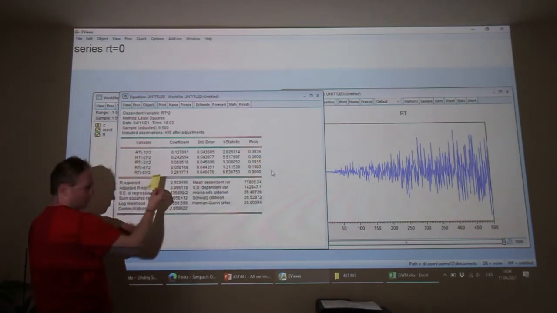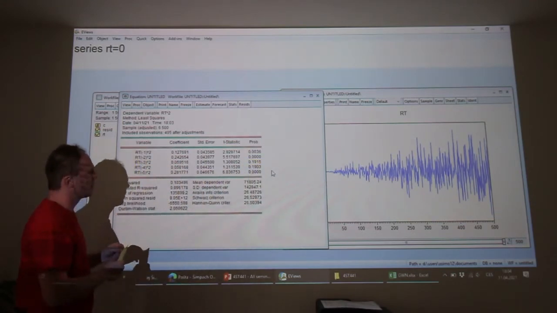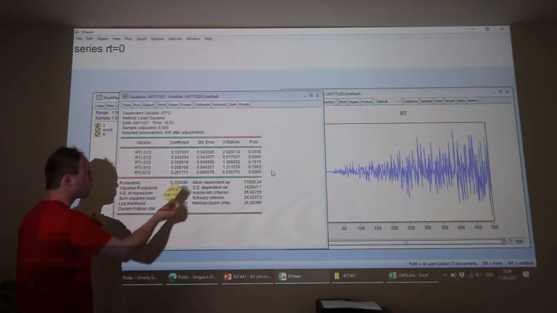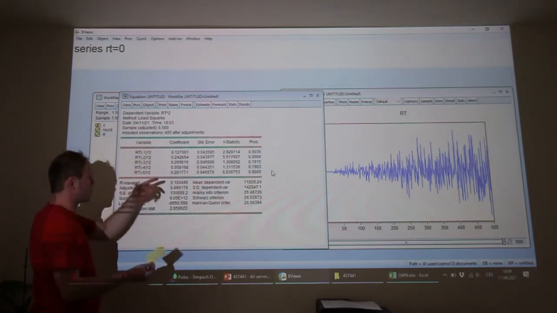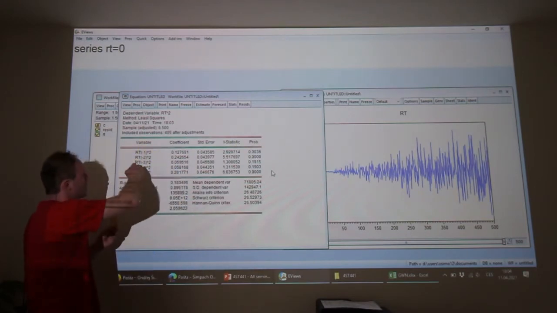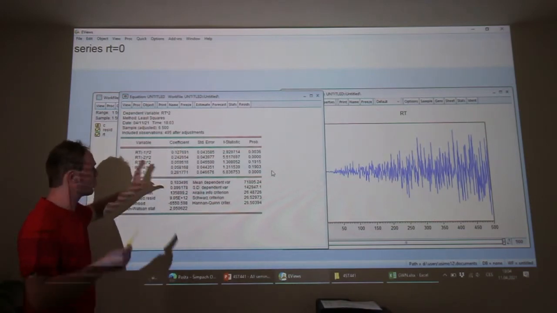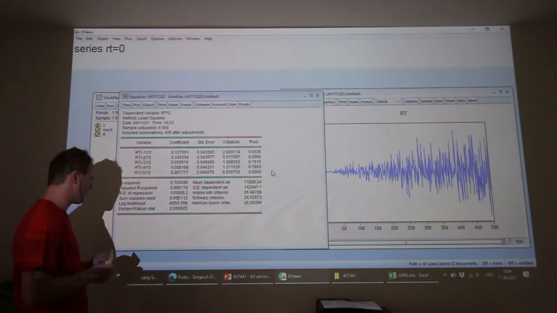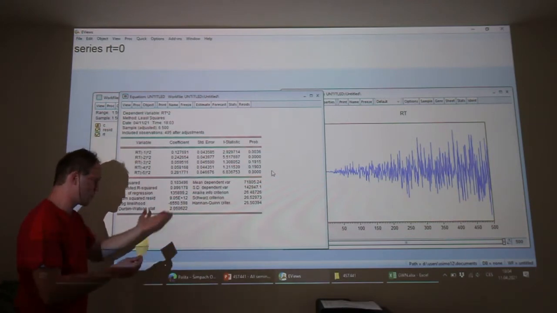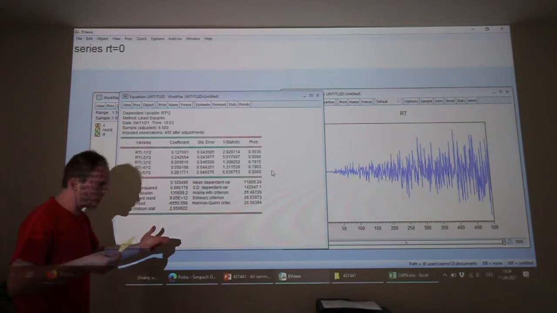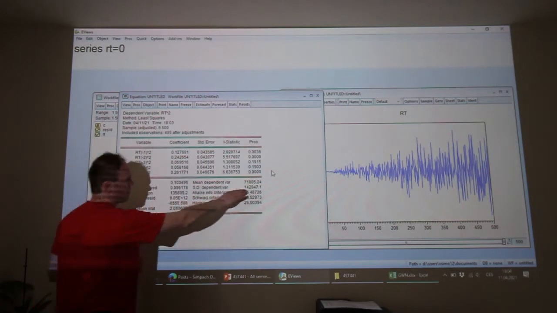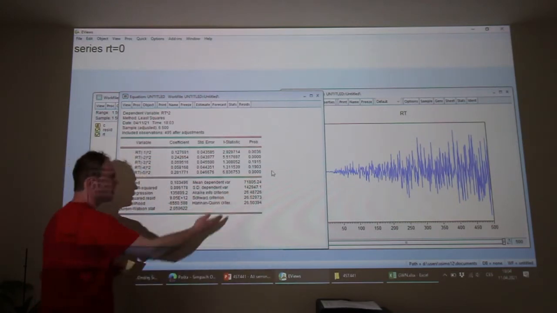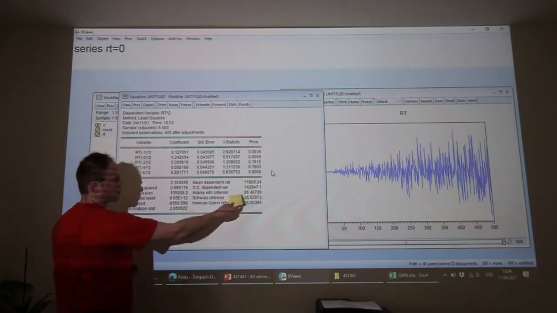There we have now non-significant values of RT in time t minus 3 and RT in time t minus 4. So these coefficients are not significant. The Durbin-Watson statistic is 2.05, very close to the value which we had before. We have again almost similar values of information criteria, 26 point something: 26.49,